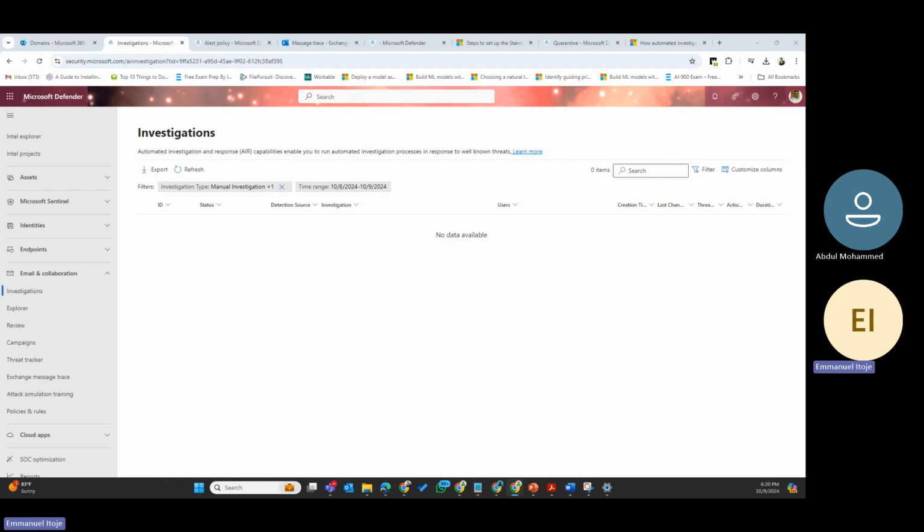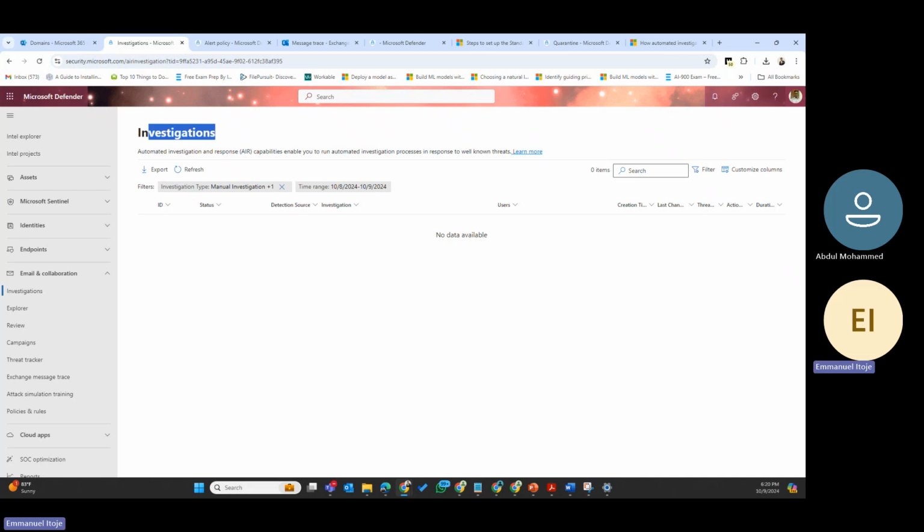And also, more importantly, the Defender for Office 365 Plan 2 license must be assigned either to the security administrator or the global administrator, and your organization's security operations teams also need that license. Then also the end users as well, they also need that license before you'll be able to use this feature of investigation,